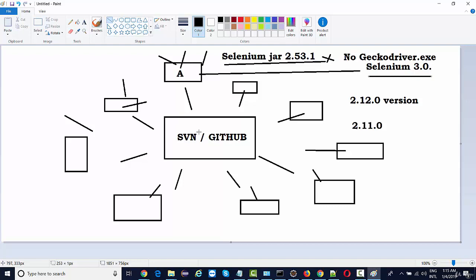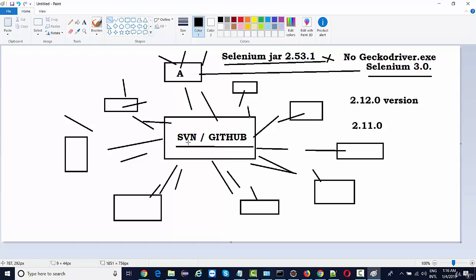Now, when the code goes into GitHub, a centralized repository, next day when we come back to work, we take a fresh checkout of the code from GitHub or from SVN so that we get the updated code from all the modules different developers or testers were working on.